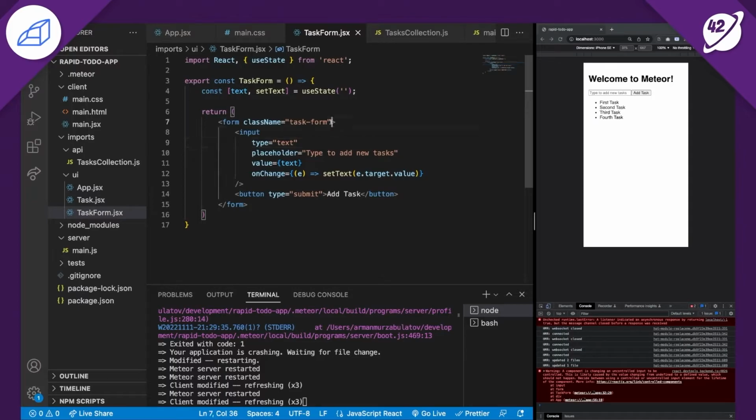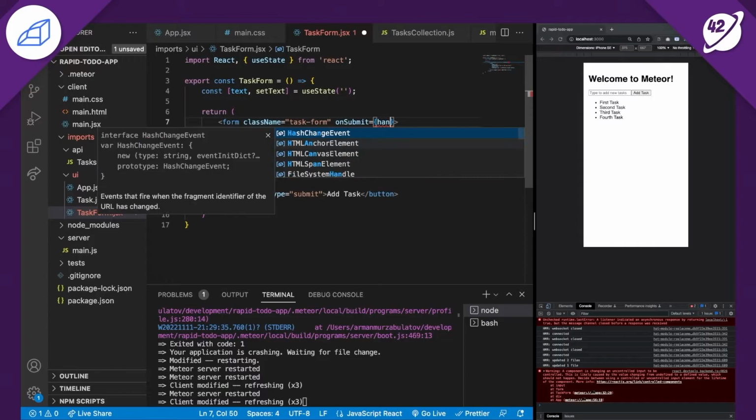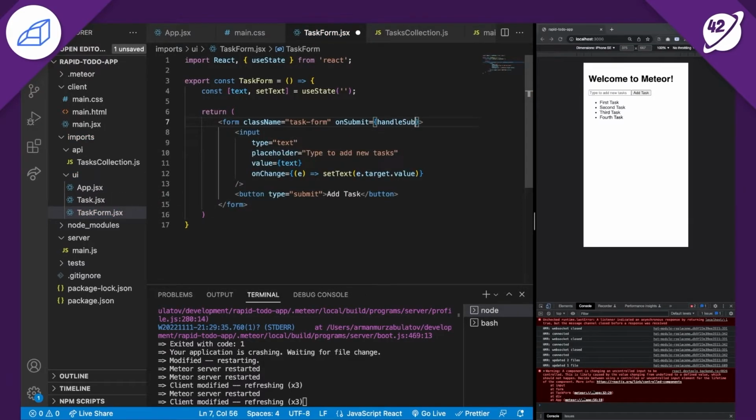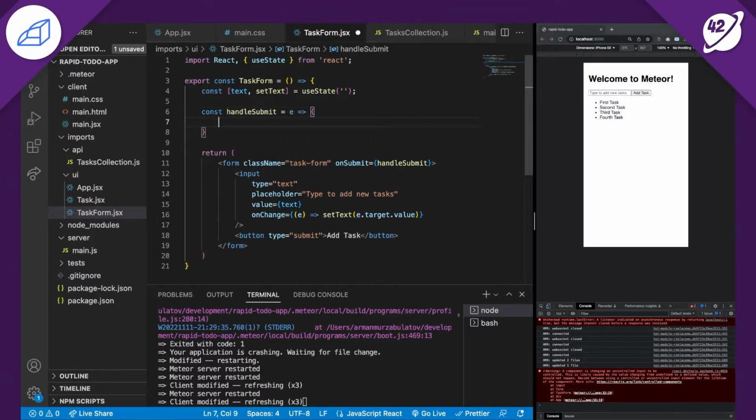Now let's add an onSubmit handler. On submit, we can call it handleSubmit. And that's the function that we need to declare here. So we can write const handleSubmit. We receive event. So first of all,